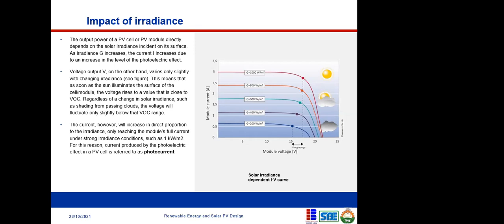Now, the current, however, is like I explained for the voltage: once the sun comes out, the voltage just moves close to the open circuit voltage, okay? And irrespective of the passing cloud or whatever, it does not really change much. But it's not the same thing with the current. The current will increase in direct proportion to the irradiance, only reaching the module's full current under strong irradiance, such as 1 kilowatt per square meter. So for this reason, current produced by the photovoltaic effect in a PV cell is referred